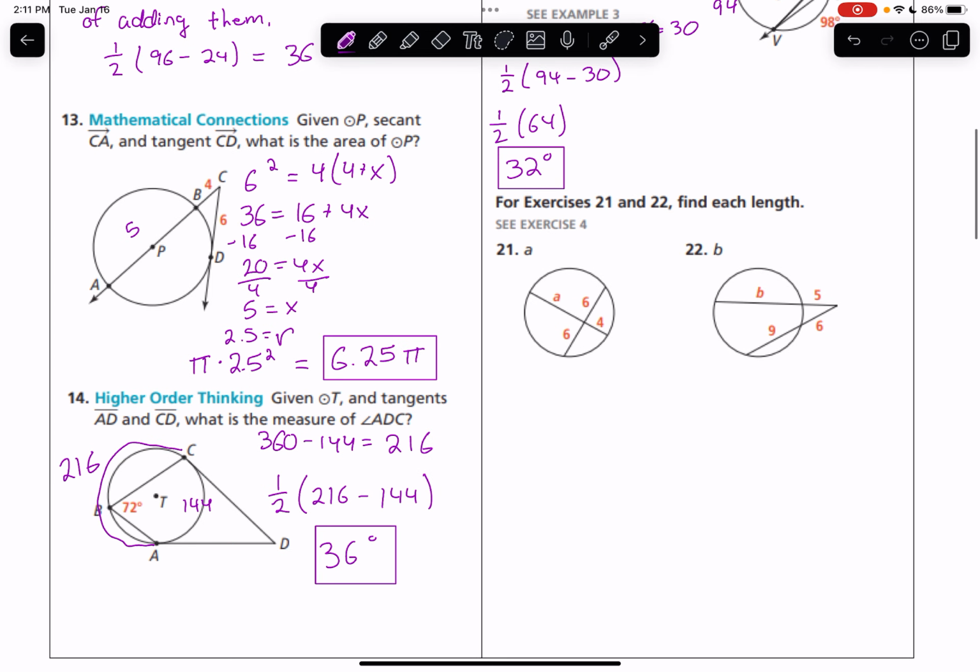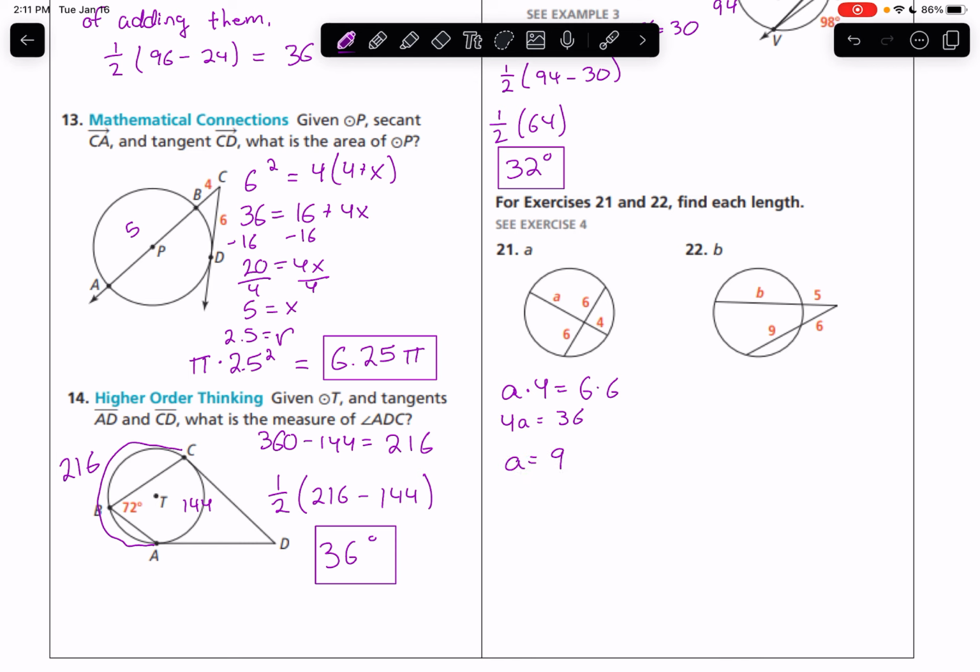Numbers 21 and 22, we've got some segment multiplication. For 21, we've got a chord segment, so the longer piece times the shorter piece of a singular chord is equal to the longer piece times the shorter piece of the other chord. A times 4 in this case is equal to 6 times 6, so 4a equals 36, divide by 4, and